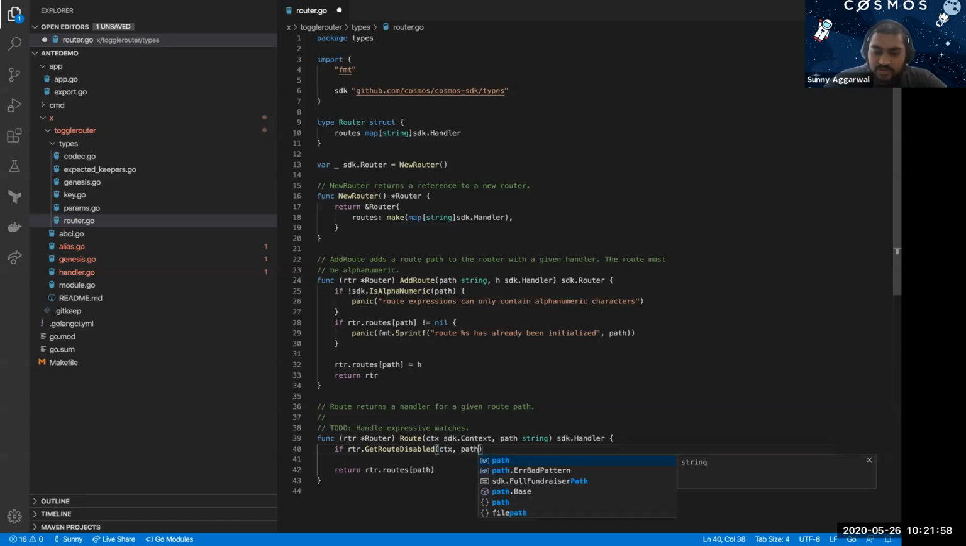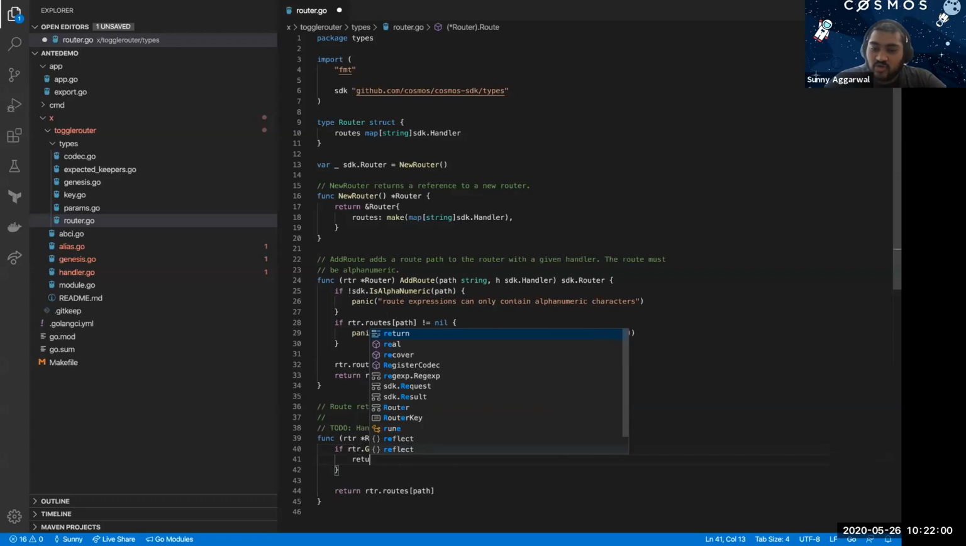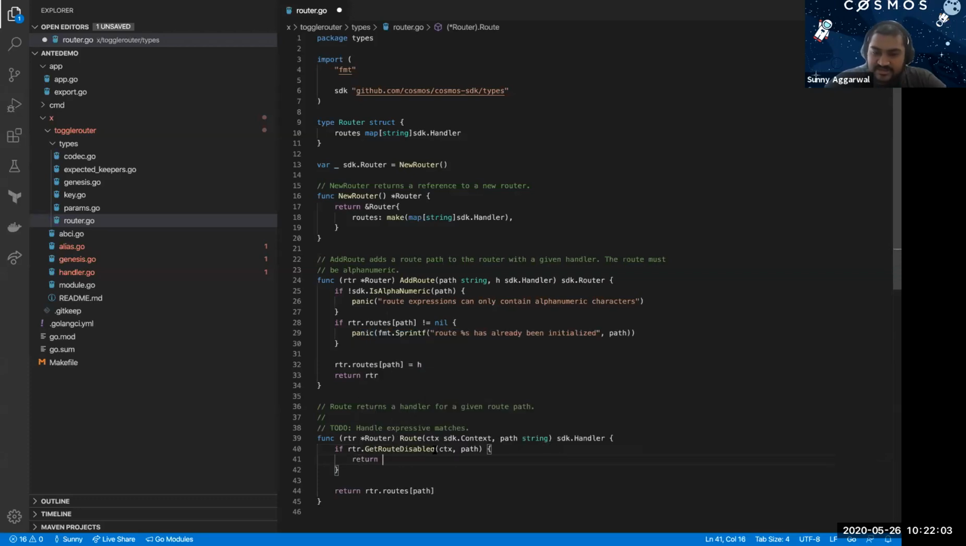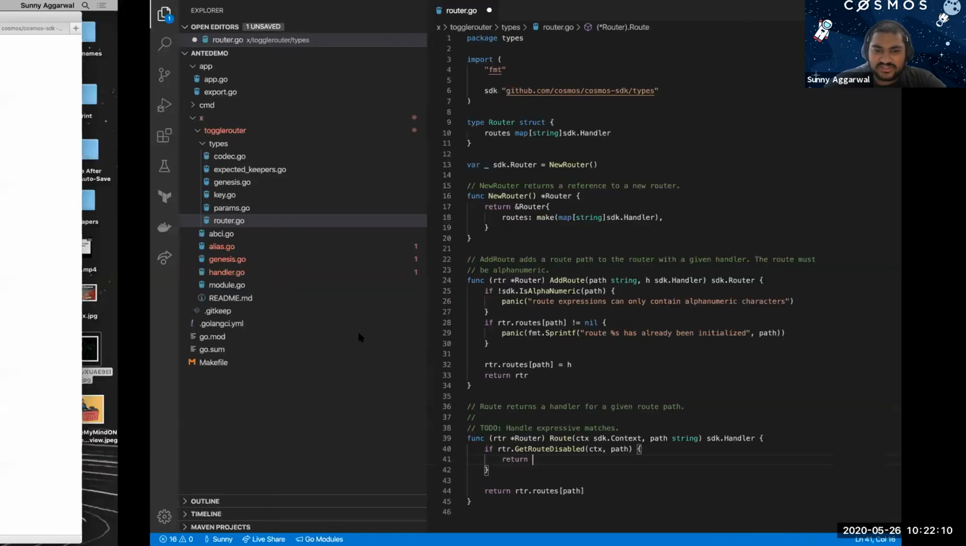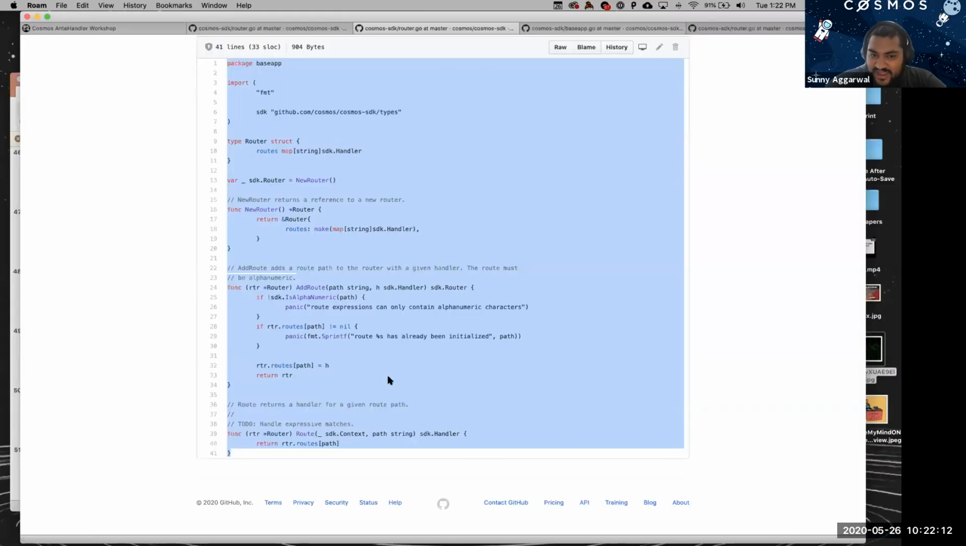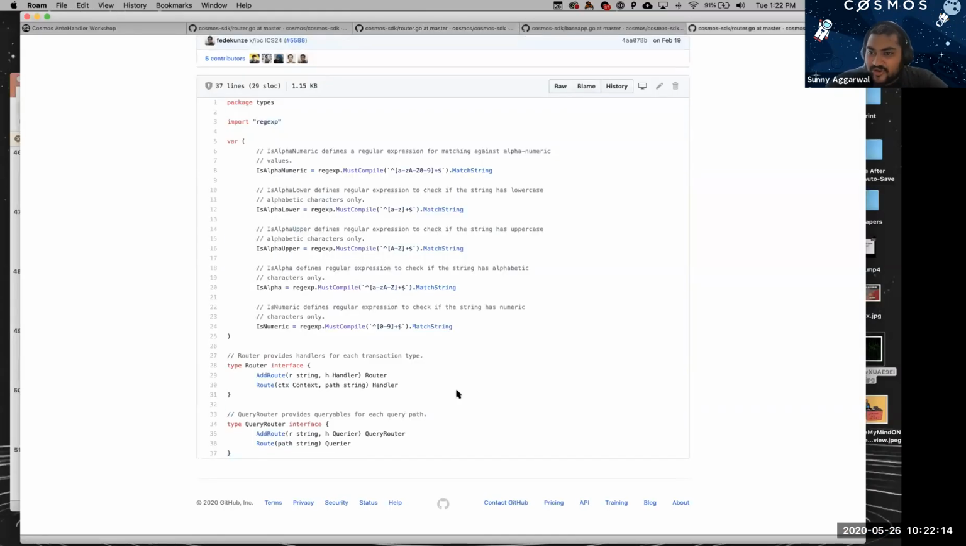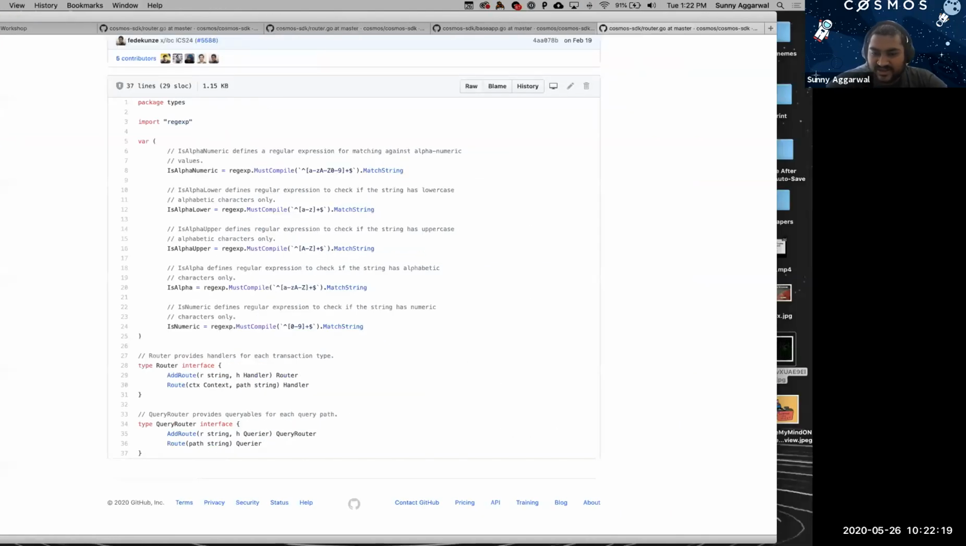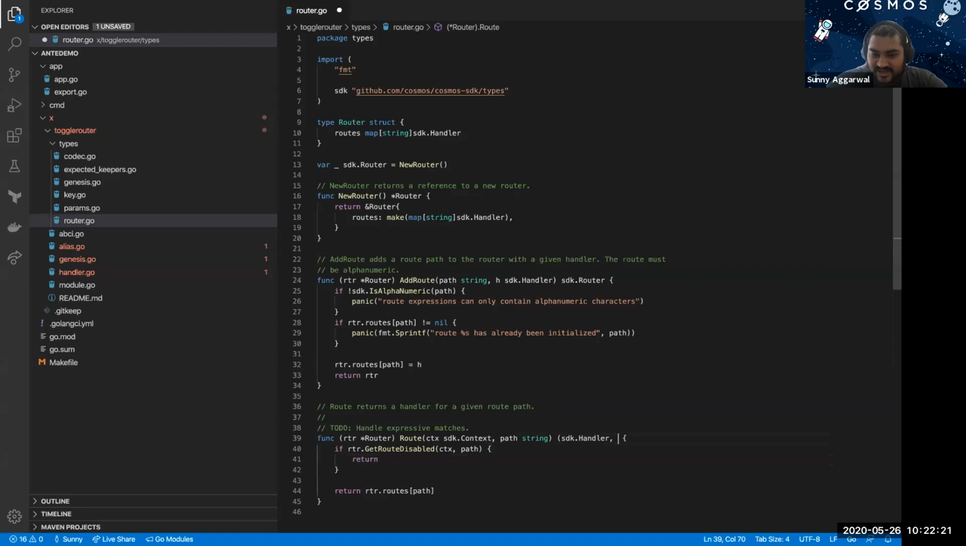If it's disabled, what we want to do is return. This is an issue with the router interface in the Cosmos SDK, where I wish it returned a handler and an SDK error, but unfortunately it doesn't. So really the best thing we can do right now is just return nil. If the route is disabled, let's return nil, and then